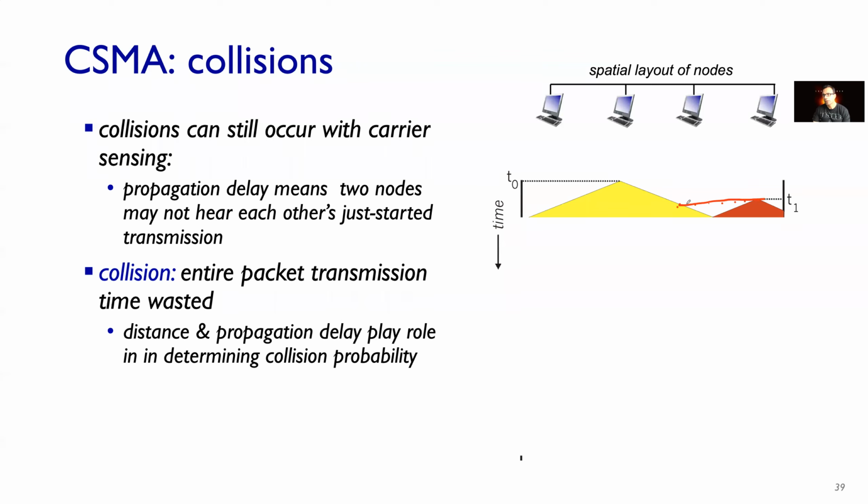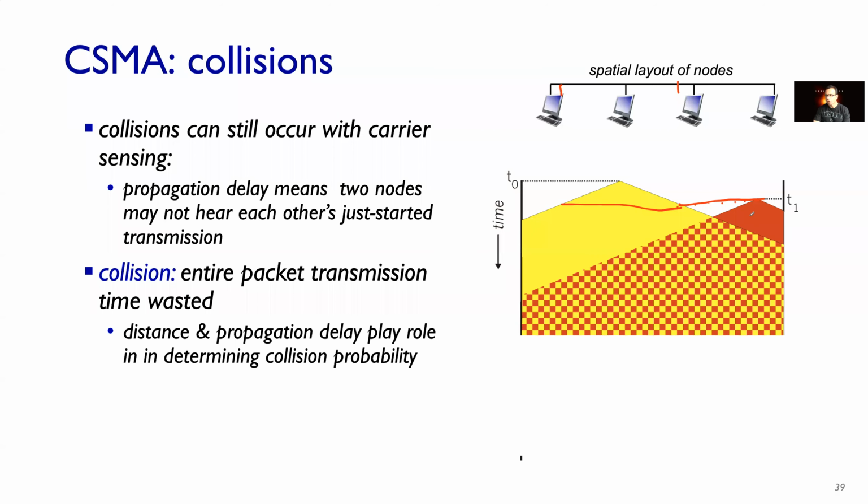So at time t1, the bits from this node have only propagated up to this point, somewhere till here. So they haven't yet reached this node. So from this node's perspective, no one else is transmitting. So it begins to transmit. And obviously now we have a problem because